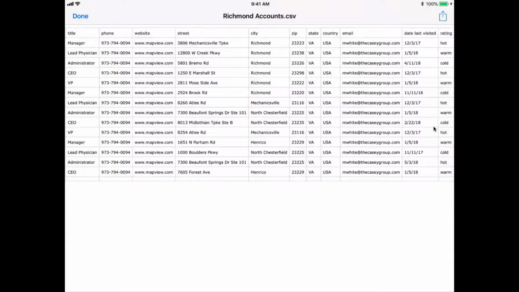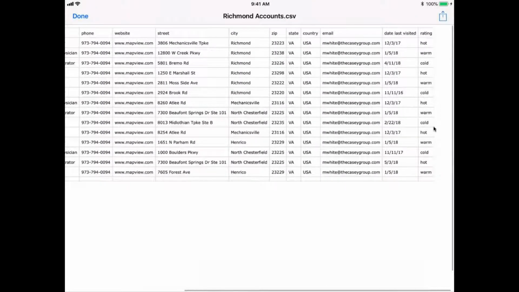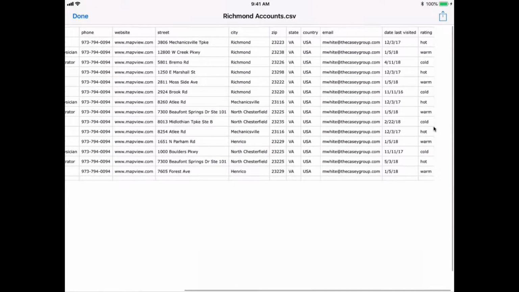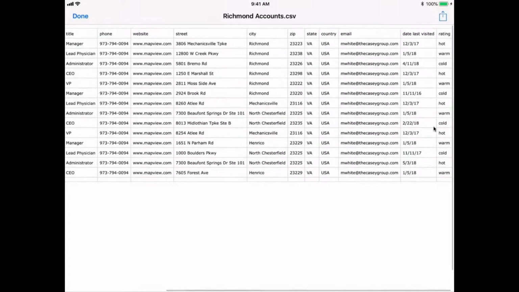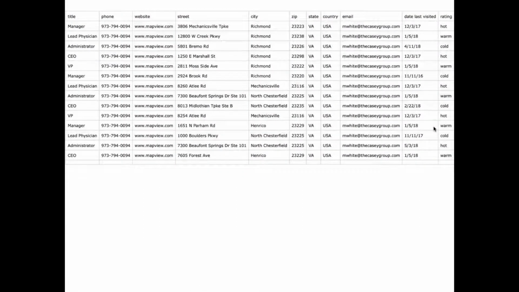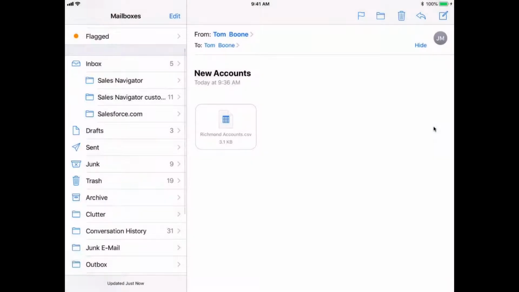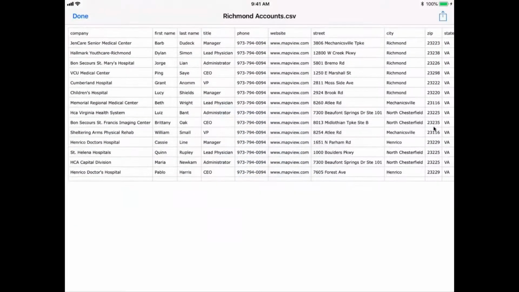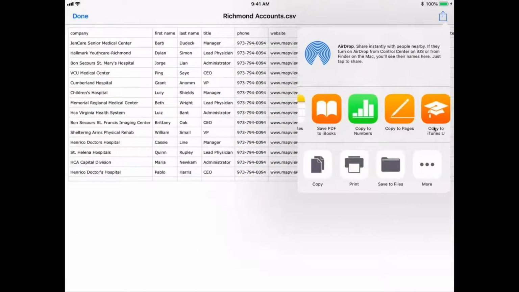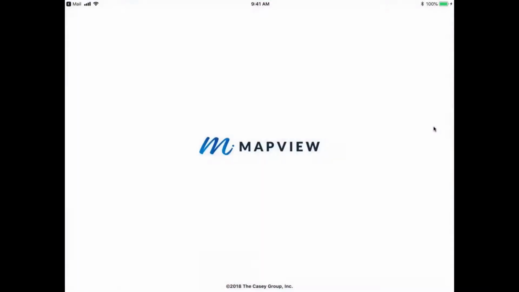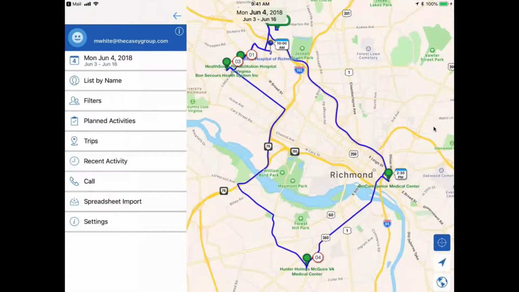Perhaps for one use case, I want to see all of my accounts based on whether they're hot, warm, or cold. I will be able to flow that into the app with separate pins. So give that a little thought as you prepare your spreadsheet and think about what data you would love to see in the app. If you add it all to your spreadsheet, it's going to automatically appear. Okay, with that, I'm just going to continue on. There we go. We'll go back to what we already walked through, just sharing the spreadsheet with Mapview.